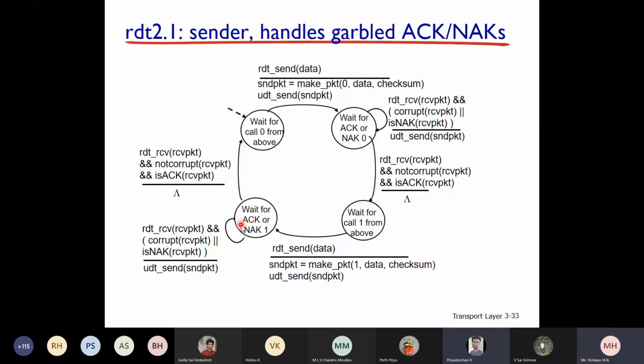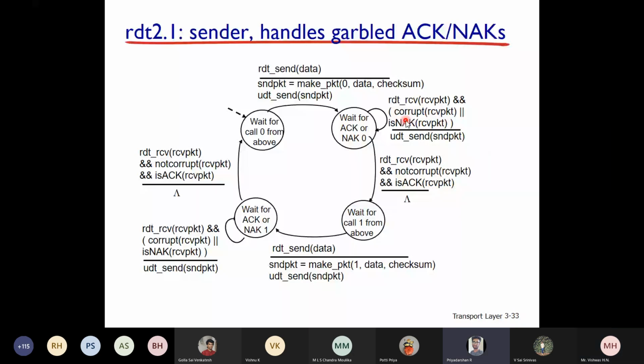I'll tell you. See, here you are adding a checksum, right, to find out whether the sent packet is corrupt or not. Similarly, the receiver, upon receiving a packet, if it wants to send a negative acknowledgement or a positive acknowledgement, what will it do? It will also add a checksum to it. I will show you the receiver side FSM. It will also send a checksum like this even for the acknowledgement or negative acknowledgement packet. Only then will the sender get to know whether the received acknowledgement or negative acknowledgement is correct. Am I clear?